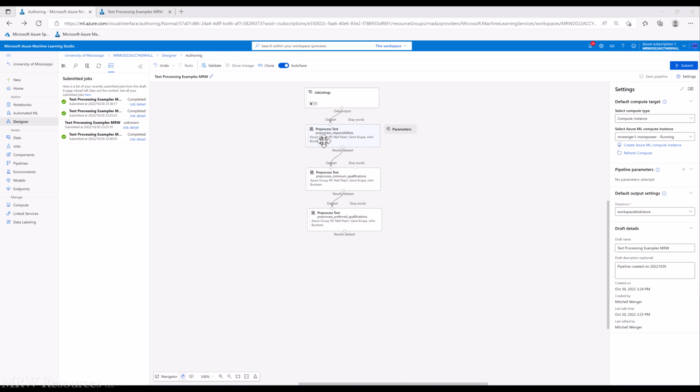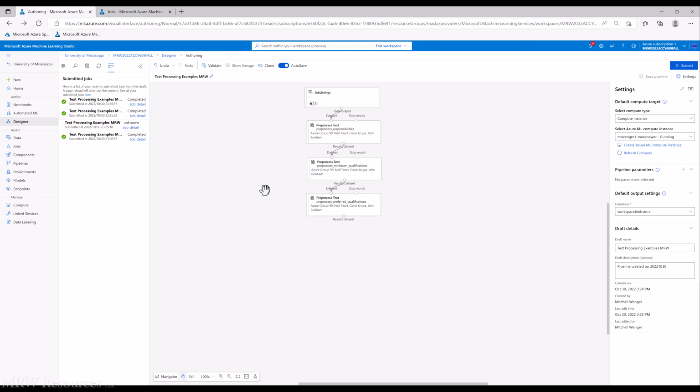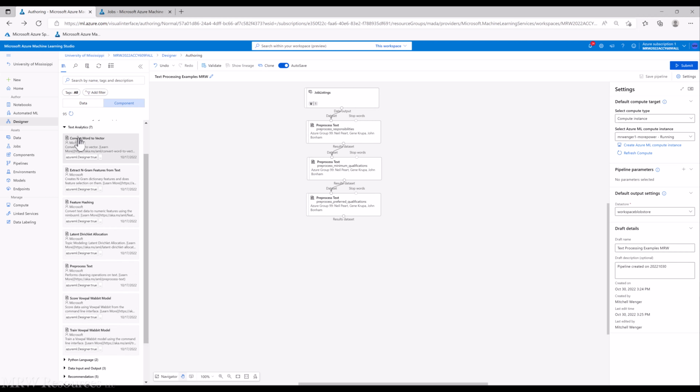All right, so we have pre-processed our text. I'm going to squeeze this up to tighten things up just a little bit, but so we can still read everything. So we've pre-processed our text. One of the next things we may want to do is, well, let's just see what kind of words we have in this text. So if we go back to our text analytics,